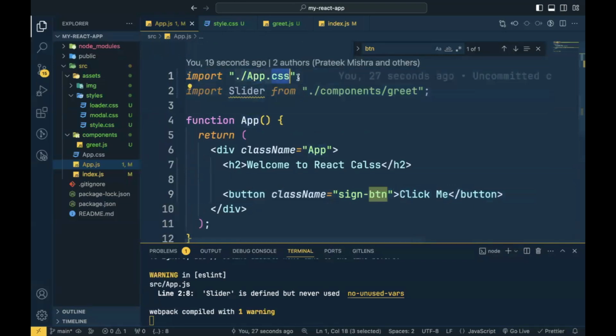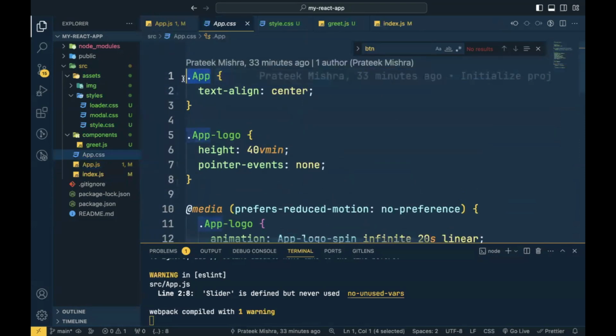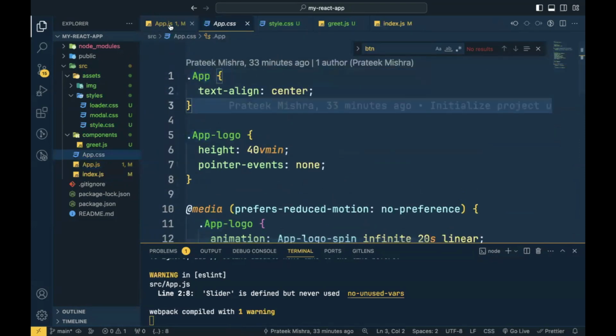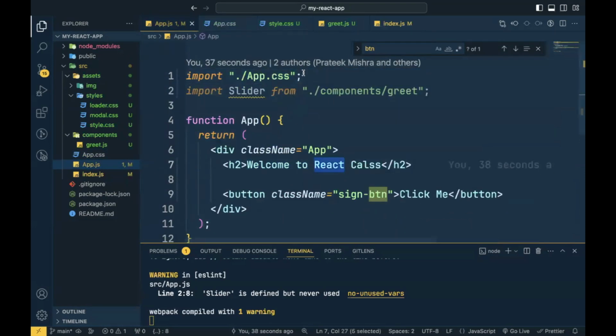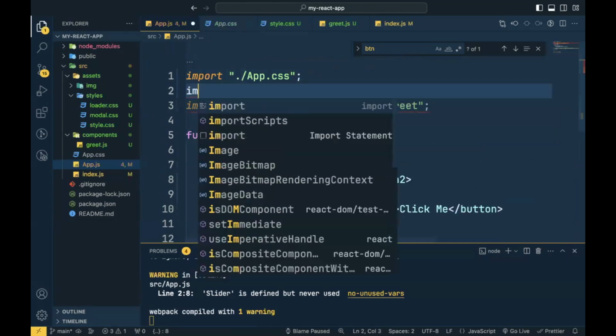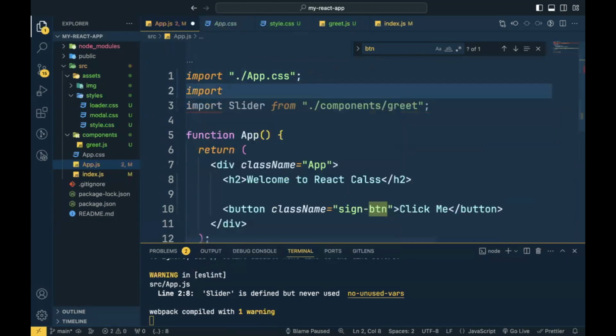Suppose app.css. So this app.css file exists here, right? And inside this app.css file, we have this one class, app. So that's why we are using this class name here like this. So I have to link my CSS also. So we'll say import, and import from where? So from assets, from styles, and from styles, which file do I want to import? style.css. So we'll say